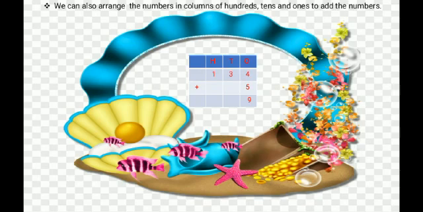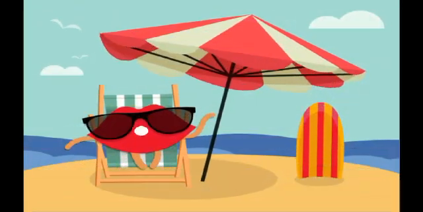How many numbers are in tens? 3. And on the second line there is no number because 5 is a one-digit number. So we will think that it is a 0. So 3 plus 0 is 3. Yes. In the same way, in hundreds, 1 plus 0 is 1. The answer will be 139. I'm again saying you can use your fingers also for the single-digit number.